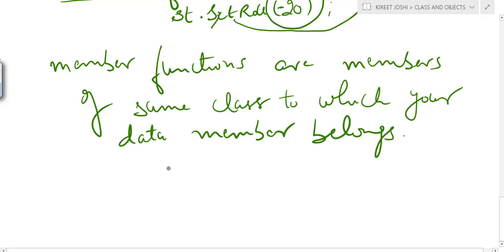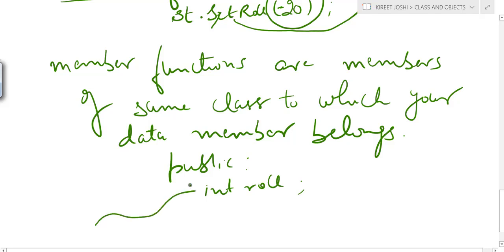So in this way, the working follows. If any user tries to declare this data member, this roll number, inside the public section, and you very well know that anything that is declared in the public section can be accessed by anyone. It can be accessed by any function outside the class also.